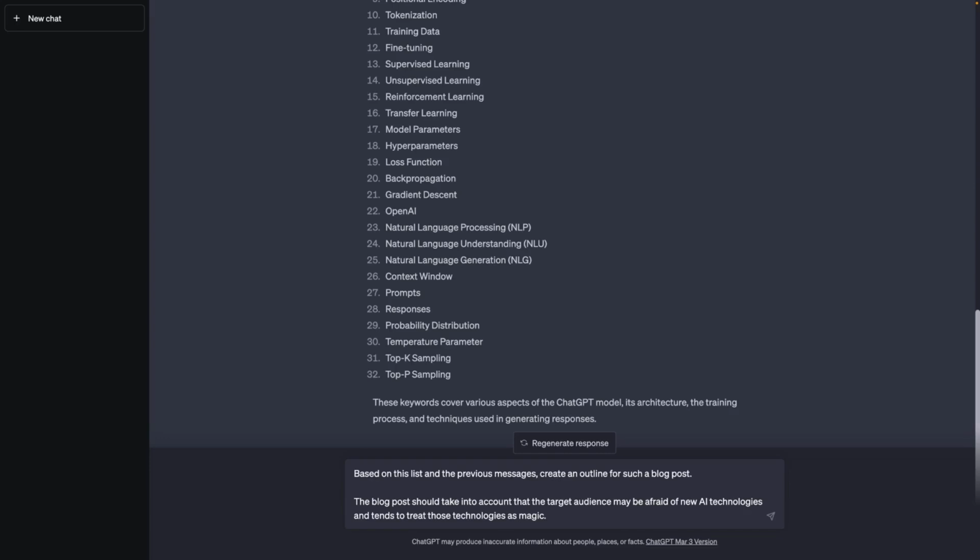The blog post should take into account that the target audience may be afraid of new AI technologies and tends to treat those technologies as magic. So here I'm performing some emotional prompting in the end. I'm making ChatGPT aware of certain emotions that might exist in the audience that reads the article, and of course those emotions should be taken into account in the article, but also already in the outline, which is why I'm